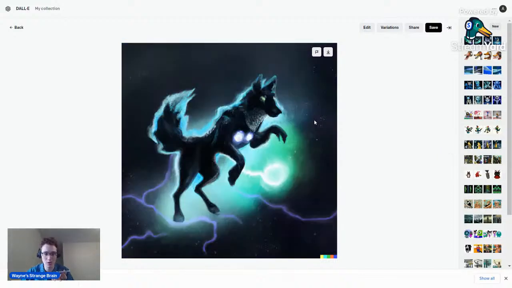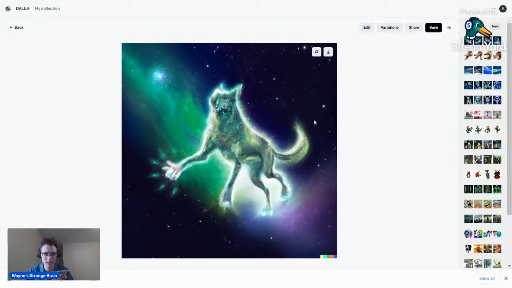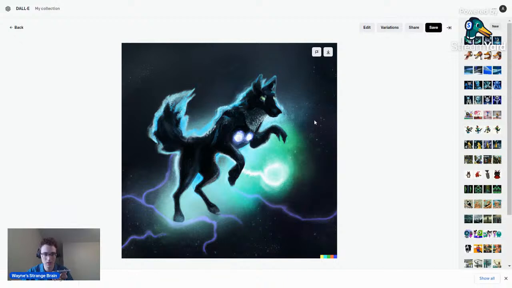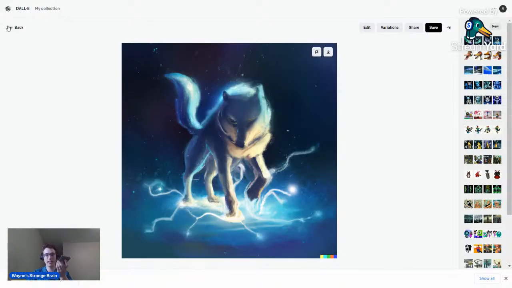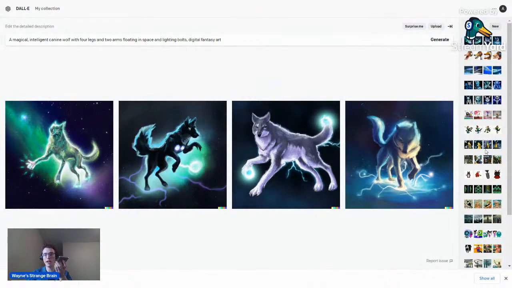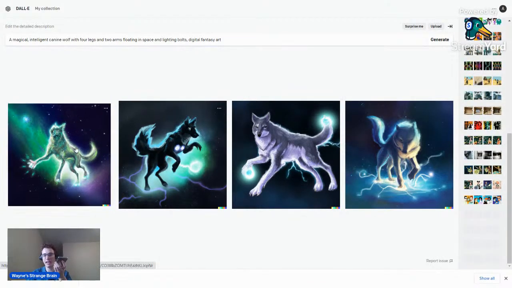I don't know, the first, it's like flying? It is the lightning bolt. And then yeah, it's floating in space. Its arms are kind of weird. I mean, this is still way better than I could draw. Oh yeah, any of these things are better than I could draw. It's just I've done so many of these that my standard is really high.